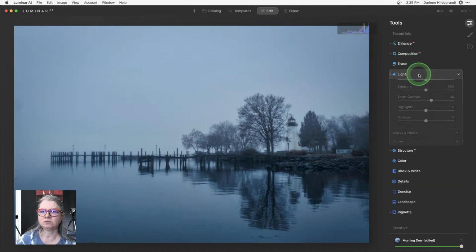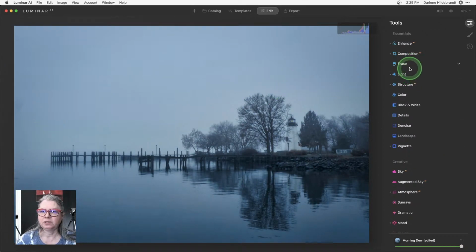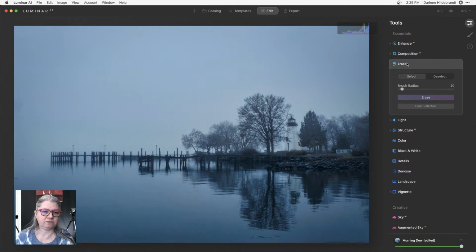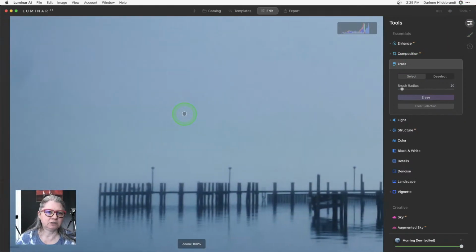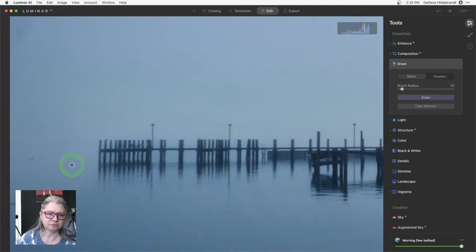So you want to, I'm going to erase those, okay? So I'm going to use the erase tool like I did on fills. I'm going to zoom in. You always want to zoom in so that you can see what you're erasing. And then I'm using that square bracket key.